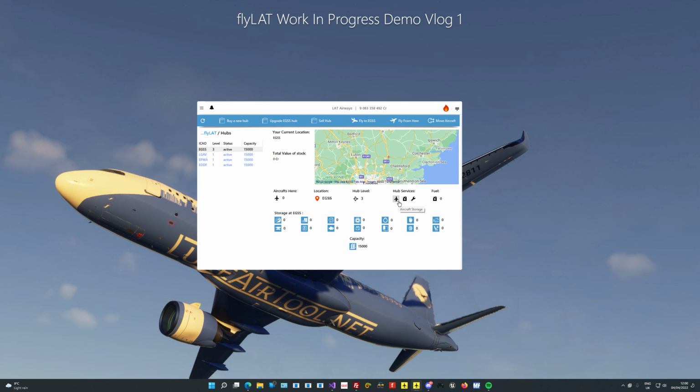So for example, to prevent people from buying hundreds of aircraft and just dumping them in one airport, there will be a limit to how many aircraft you can hold at an airport. Realistically, if you've got your own hangars, you can only hold a certain amount of planes. So that's exactly what this is going to be. At the moment, like I said, it's not been set, but you'll be able to store a certain amount